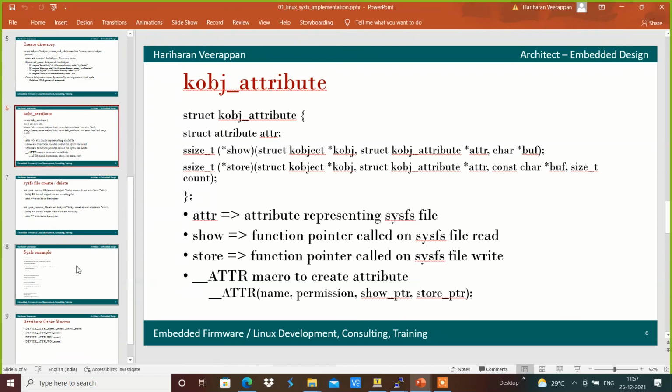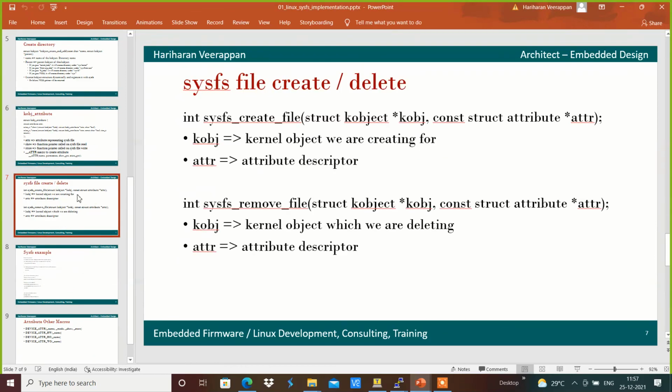In order to create a file on sysfs, we will use sysfs create file with the kernel object and the respective attribute. For example, ldd value is the attribute that we created in our character driver.